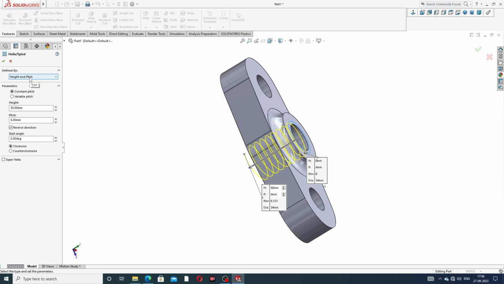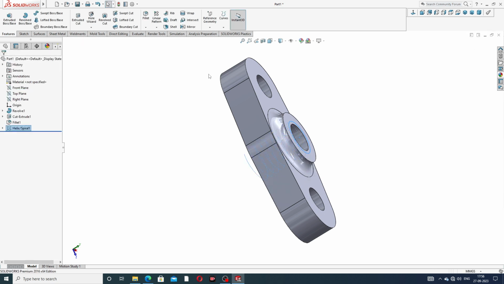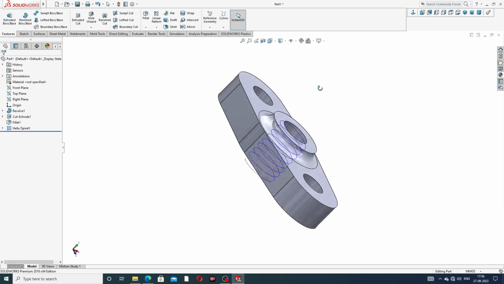Height is 50 millimeter and pitch is 6 millimeter. Okay, all is perfect, reverse direction is perfect, angle is 0 degree and clockwise, and click OK. Okay, and this is perfect.